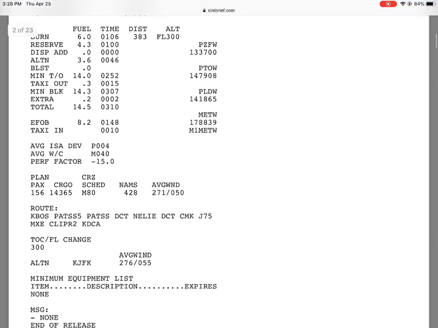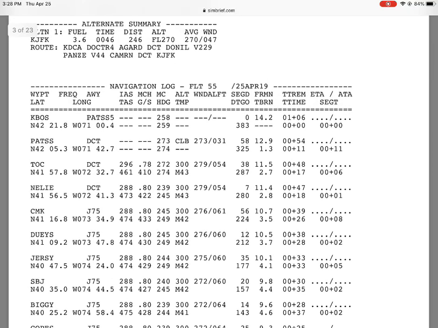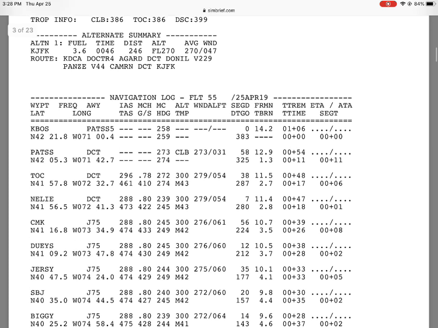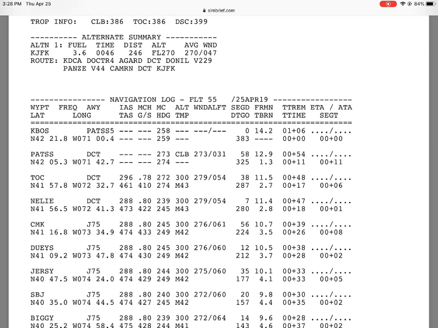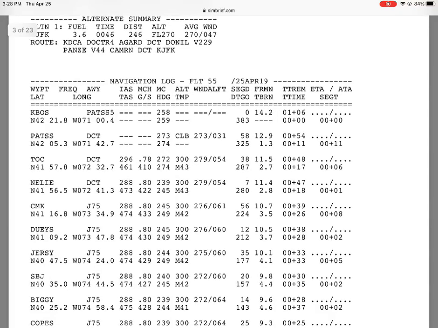Right? Actually, one more thing we'll look at on the stream. So at PATS, it expects us to have burned 1.3, and at top of climb, it expects us to have burned 2.7, and to have the above number remaining. Right? So this is why it's important. We want to climb via the profiles that it gives us, not yank or bank, right? Once we get above 10,000 feet, we'll look at the vertical speed. We'll do a little simple ballpark math, it's definitely got some fudge factor on it, and see what vertical speed we need to reach the top of climb waypoint at flight level 300